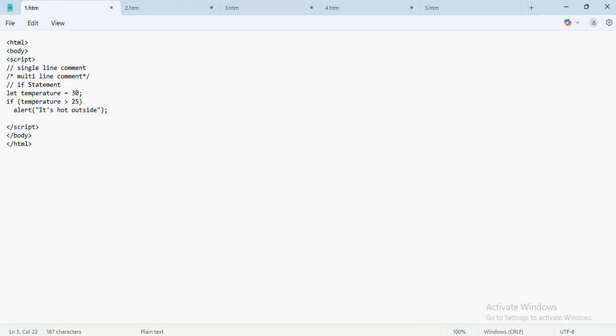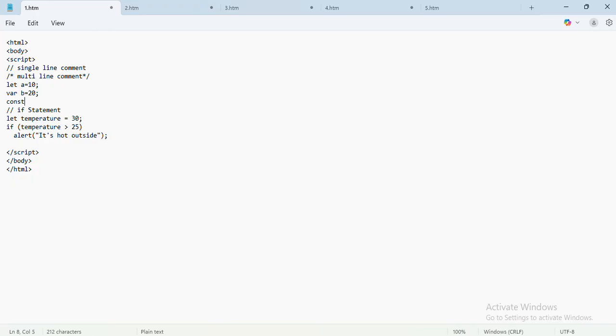Now, if you want to declare a variable in JavaScript, you can use let, variable name equal to the value, or you can say var, variable name equal to value. You can see I have declared two variables: using let, a is equal to 10, and using var, b with the initial value 20.